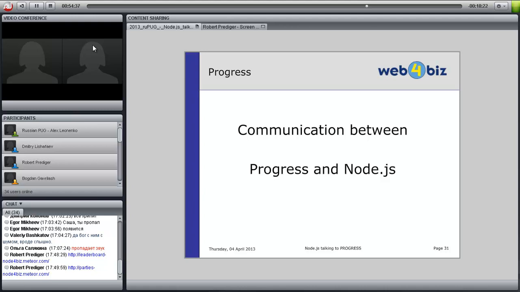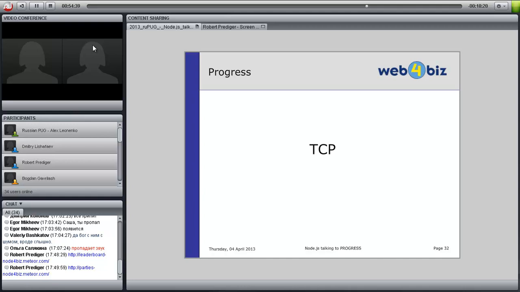So just in this example, we could have TCP, because both Node and Progress are able to speak TCP. But doing the whole communication on a low level, I don't think that is that fun. So what we could use as well is HTTP.